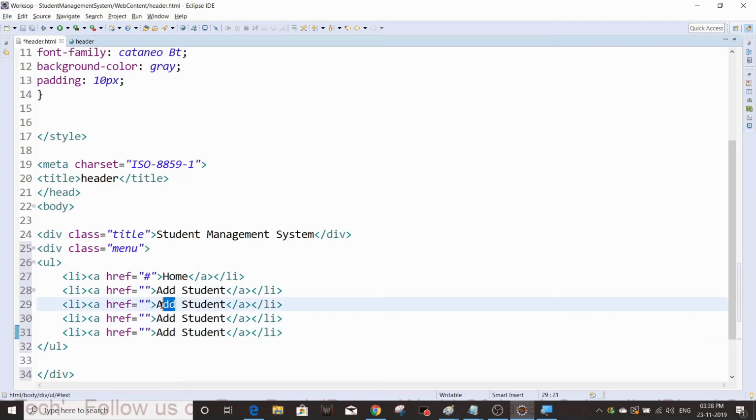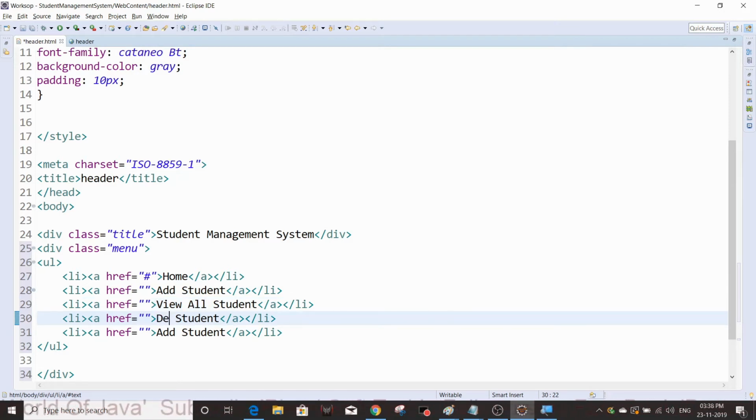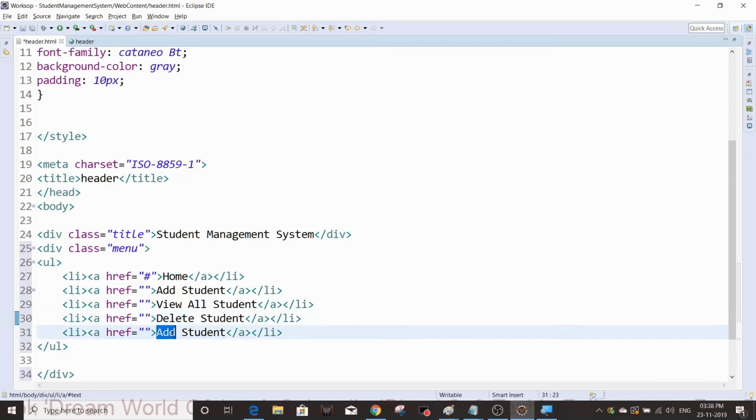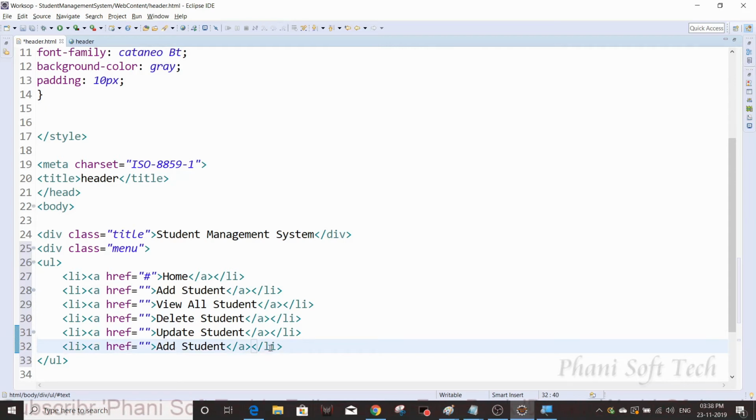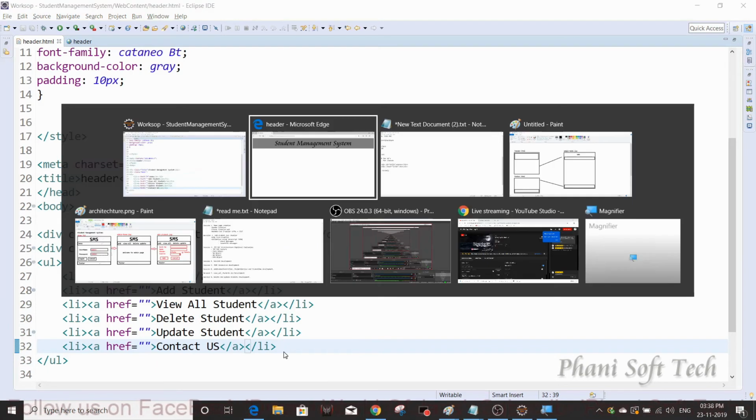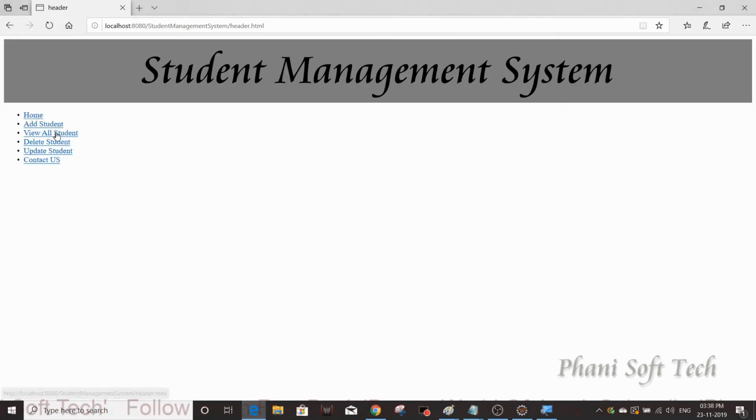So add student, view all students, delete student, update student, and if you want, you can put something like contact us. Okay, simply. So control S, save it and see the output. Okay, this is our menu. So we need to organize by using css.